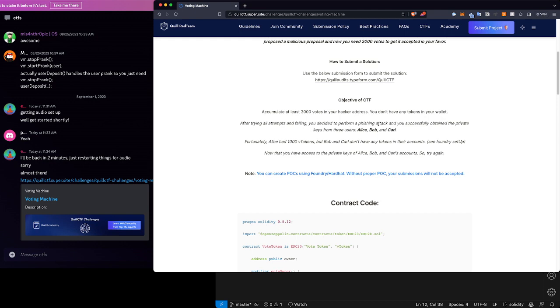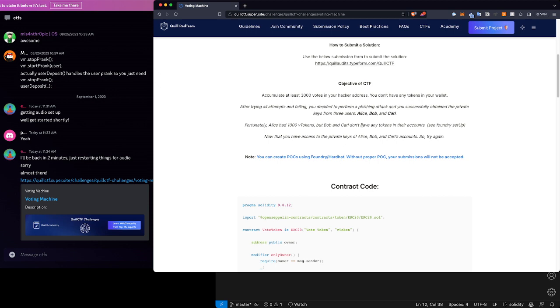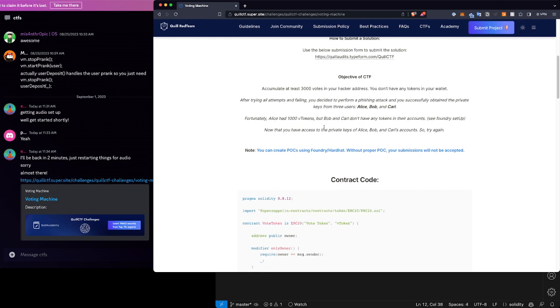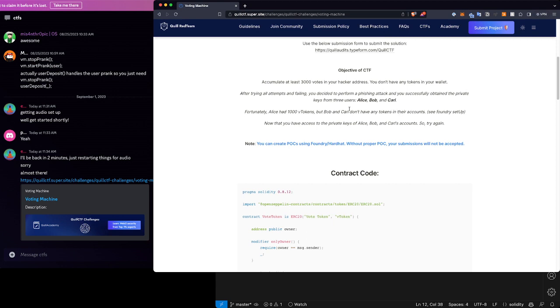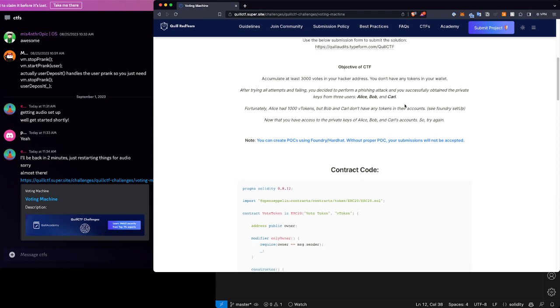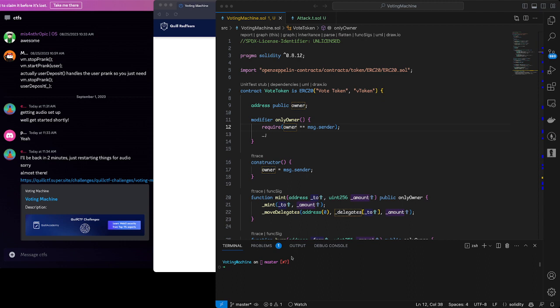It tells us that through a phishing attack, we were able to get the private keys of 3 users, Alice, Bob, and Carl. Alice has 1,000 V tokens. Bob and Carl don't have any. And so they have that set up in Foundry. And we have access to all three of those accounts. So we're going to try and hack this contract with those 1,000 tokens to give ourselves hopefully 3,000 votes. So switching my screen over to VS Code,